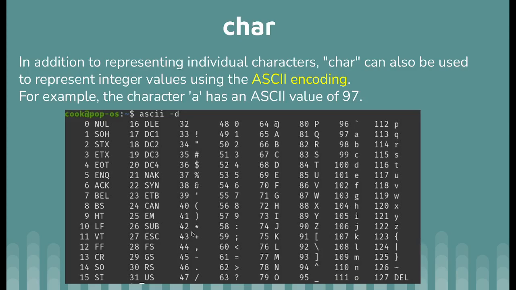So if you have the character k in a char, and you cast it to int, it would be equal to 107. For example, the next slide.